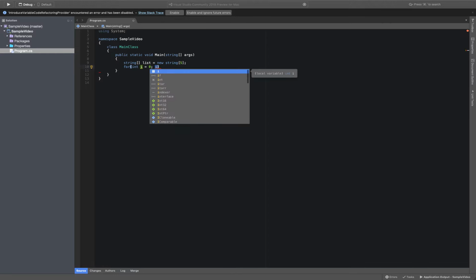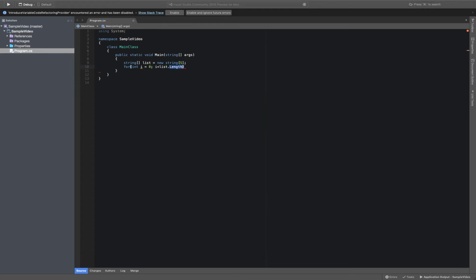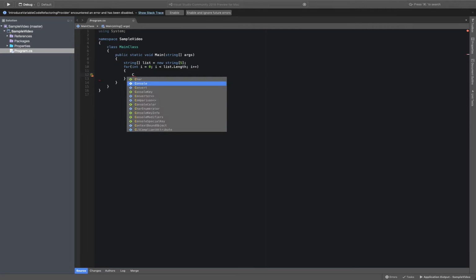Okay, my loop is going to continue as long as i is less than list.Length. That allows me to loop through 5 times, and I'm just going to do i++. Now the other nice thing is I can use the variable i now as my value to indicate what element in the array I am referring to. So let's go ahead and tell the user, I'm going to do